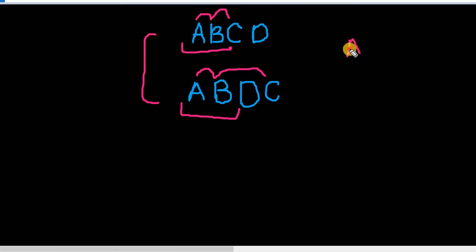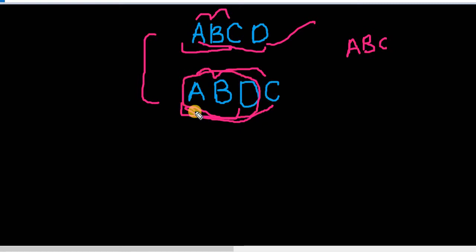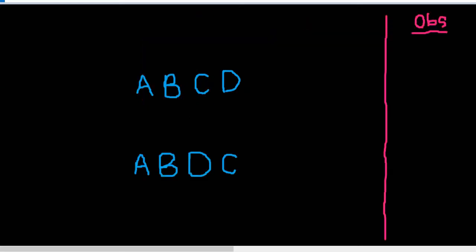So you can see there is A, B, C. This could be a subsequence. Similarly, here ABC could also be a subsequence. Similarly, ABD is another subsequence that can be found in string 2. So this is the basic difference between a substring and a subsequence. ABD and ABD here is a subsequence, and only AB and AB here is a substring. Okay, now that we know what a substring and a subsequence are, let's move ahead to the solution.